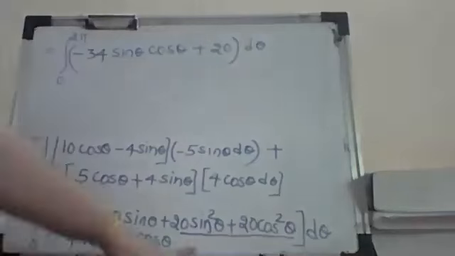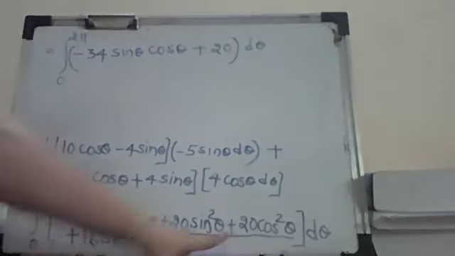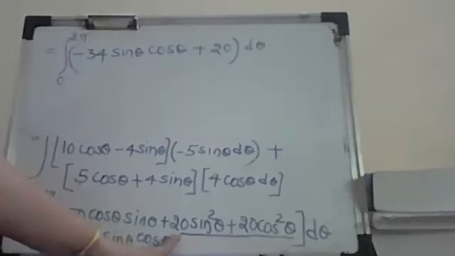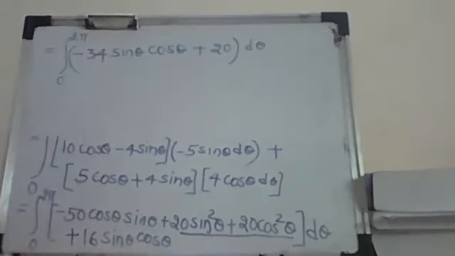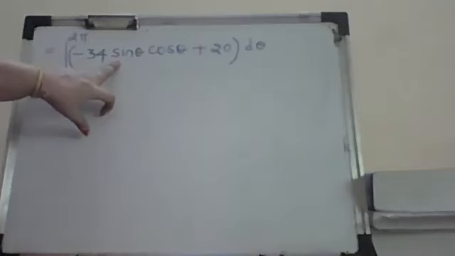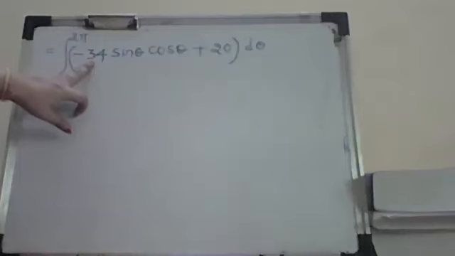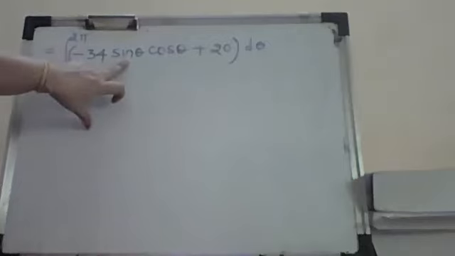We don't have to write it down because that is understood. At this age, it is understood that you know this. So it is 20 times sine square plus cos square is 1. So 20 into 1, we get that value as 20. Now what I have to do is integrate this. Since it is written in the nice form of sine and cos, I can use the 2 sine theta cos theta formula. 34 we can write as 17 into 2, and 2 sine theta cos theta can be written as sine 2 theta.